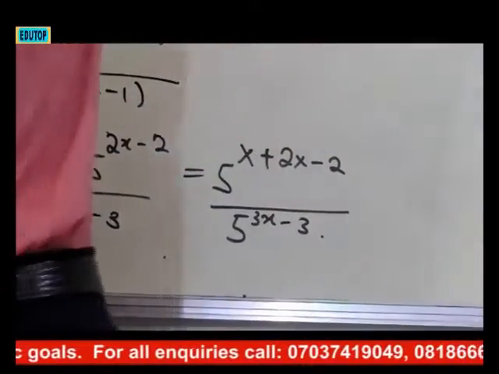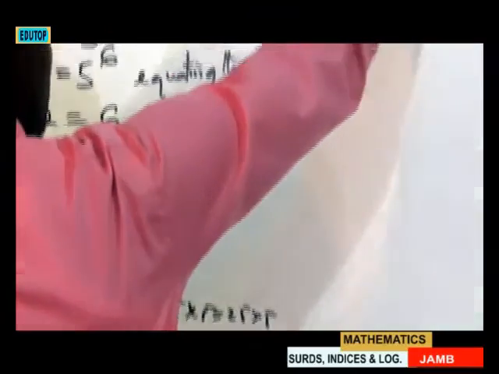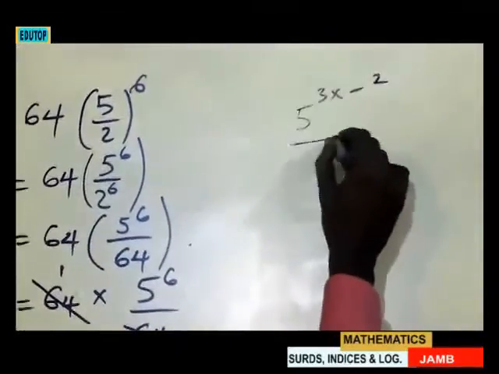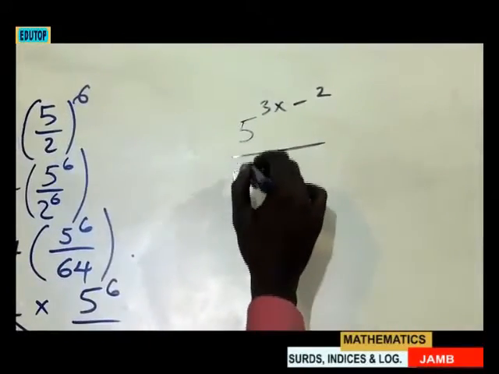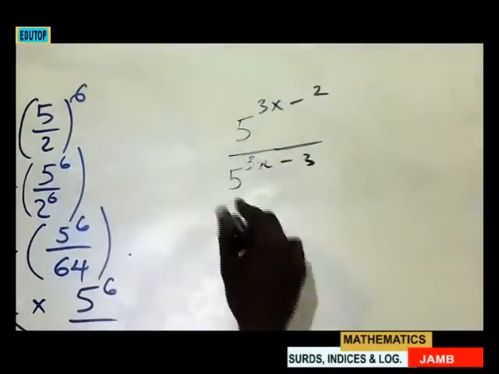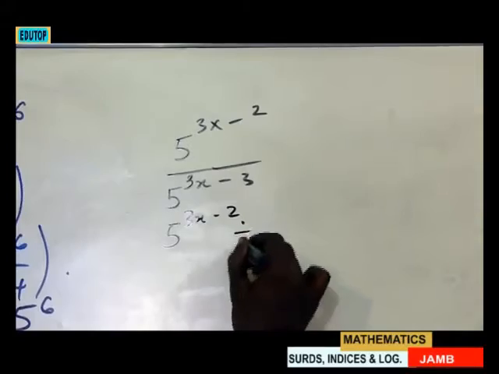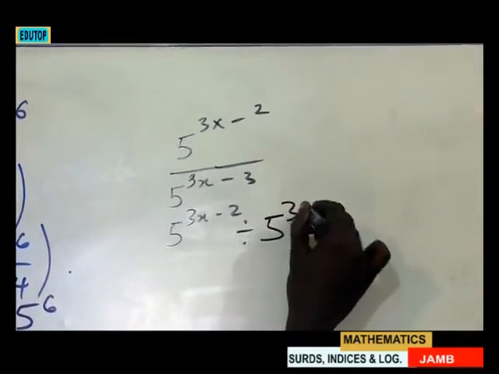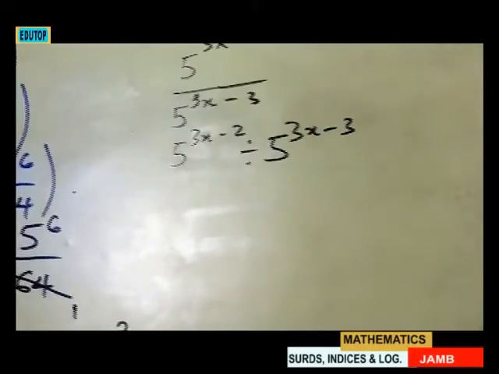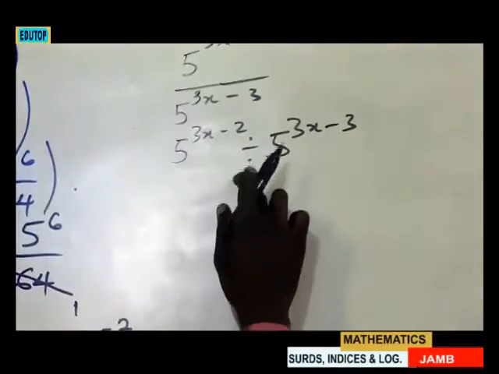This plus this, that is 5x plus 2x, 3x minus 2 over 5 3x minus 3. Then this one means 5^(3x minus 2) divided by 5^(3x minus 3). Then I move further. By law of indices also, when you have the same base and there is a division,